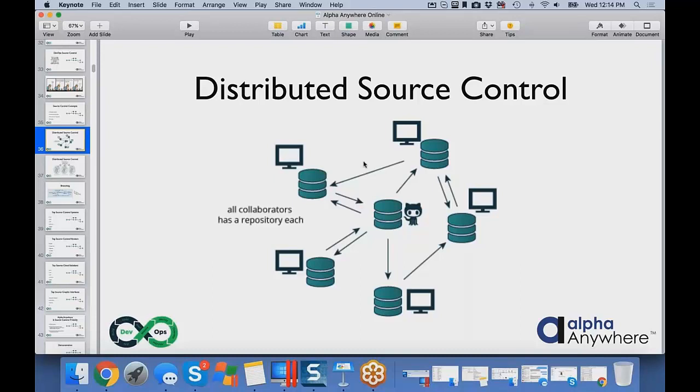But as I'll show you in a little bit, there are some great graphical user interfaces that allow you to do this stuff. So again, with distributed source control, the idea is that not everybody points to a central location, as in a single one. With distributed, each person has their own repository. That repository is managed by them individually. They have a lot of flexibility in what they need to do. And then they can check in and move their information back and forth to a central one so that a group of people can work together on that.